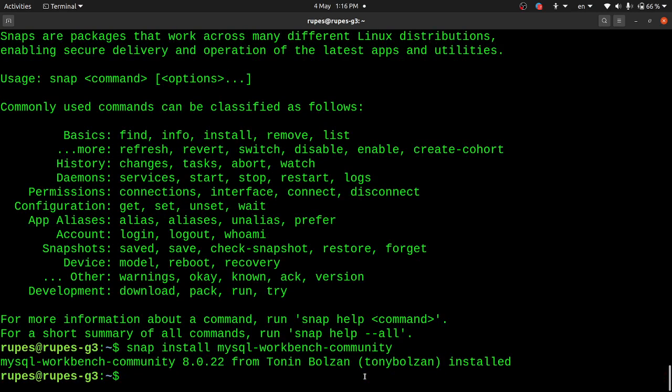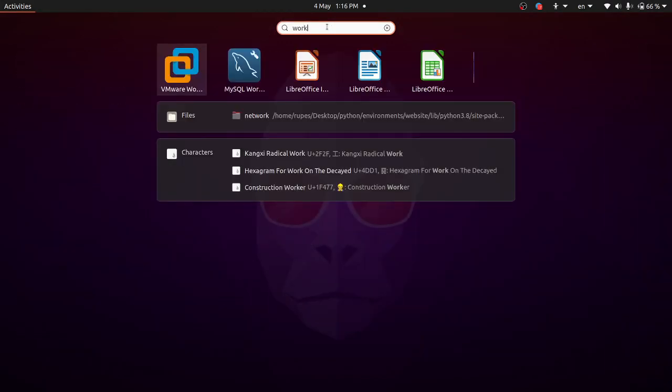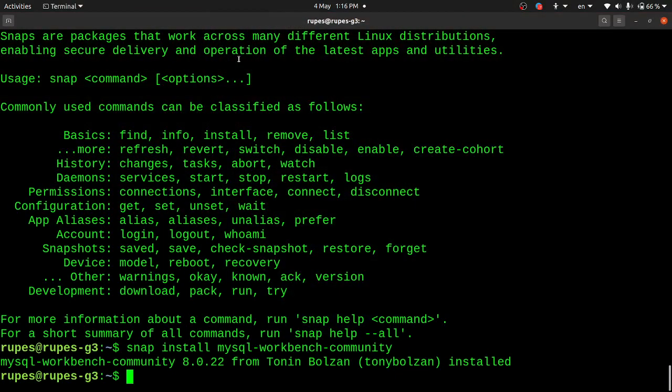Once that's done, what we need to do is that it's already installed, right? So I'll show you what happens when we do this. Let's just search for workstation. Right, once that is open,